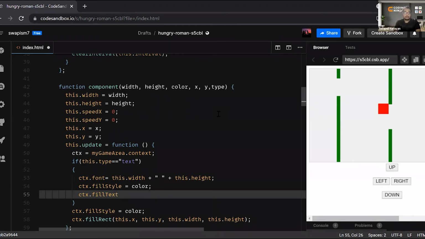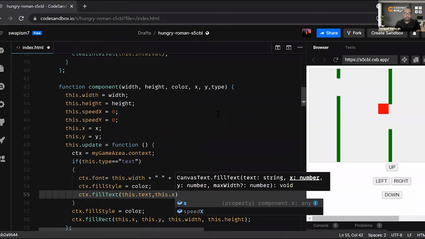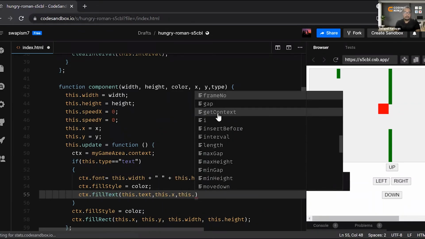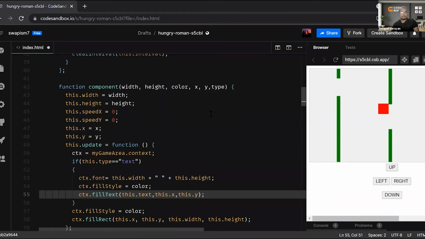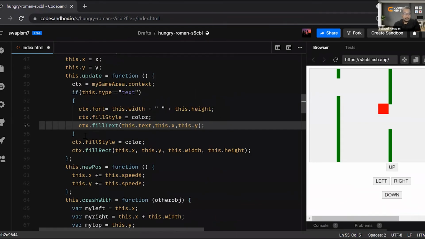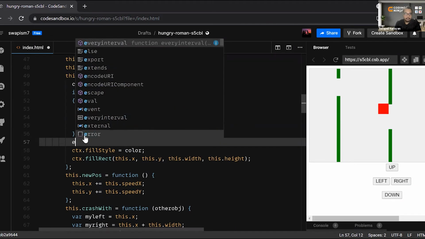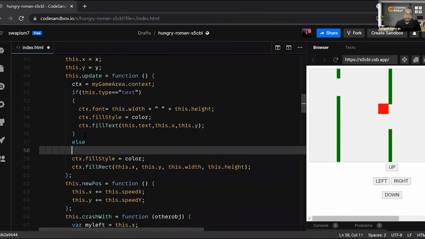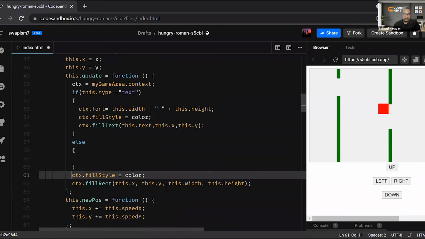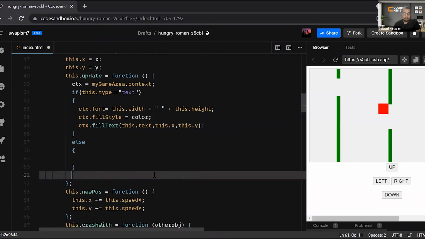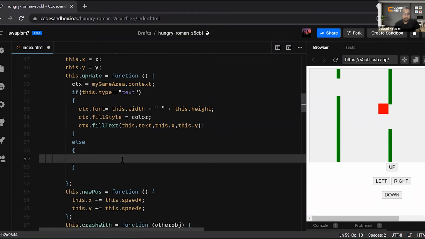So ctx dot fill text would be this dot text, comma, this dot x, comma, this dot y. Fine. For the else case, if it is not text, then it will be rectangle. For that we have already written, I just need to add it in the else part.